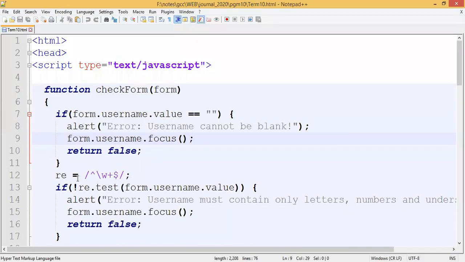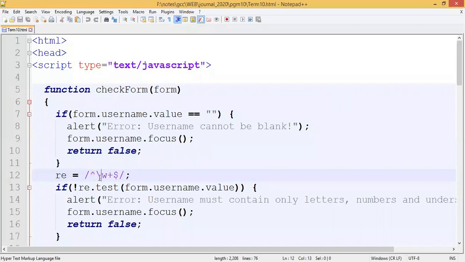Next we have a pattern here. This is called regular expressions. The pattern is going to begin with a slash and end with a slash. This caret operator stands for negation.